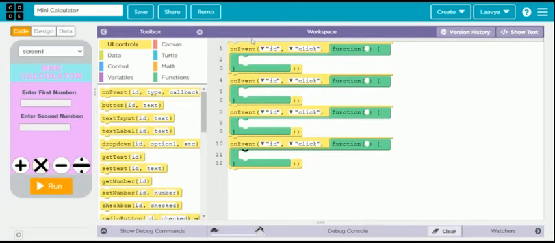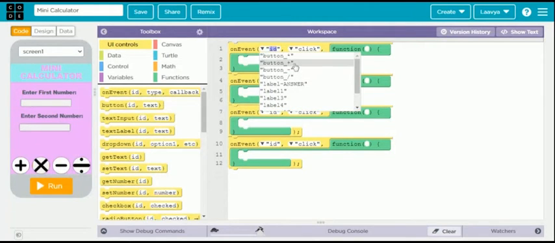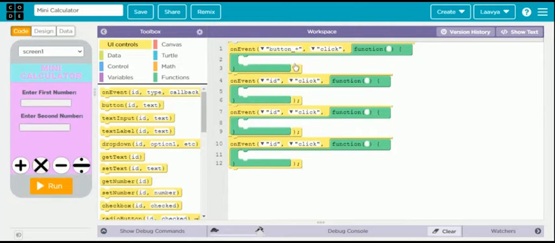So now on event ID. ID means, like, when clicked what, so when clicked button plus. And over here you can see click. If you press it, there are many options but we need click only, so we'll let it remain like this. What will happen when the button is pressed? The number from the first input and the second text input will be added and the answer will be displayed in the label answer box.